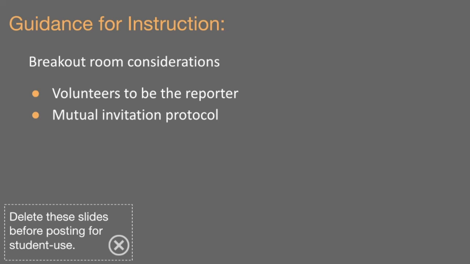Then that person will invite another person to the conversation using their first name. And you would use this mutual invitation protocol until everyone shares out. I found that this is really helpful for students that may be a little bit hesitant to talk in a breakout room. If one of their classmates invites them into the conversation, we've had a lot of success in increasing